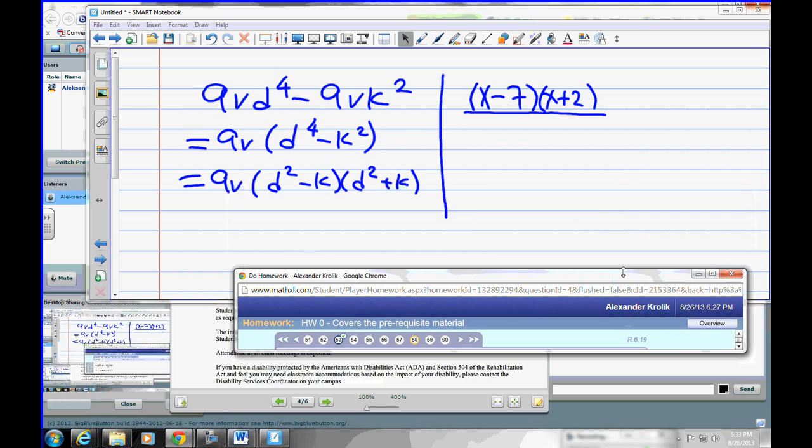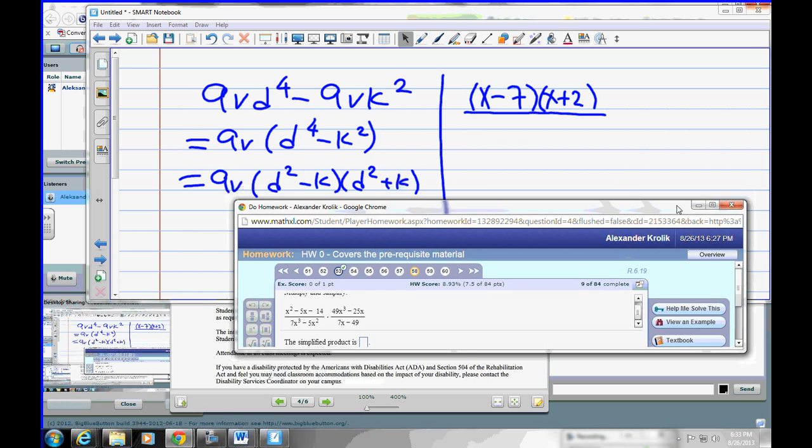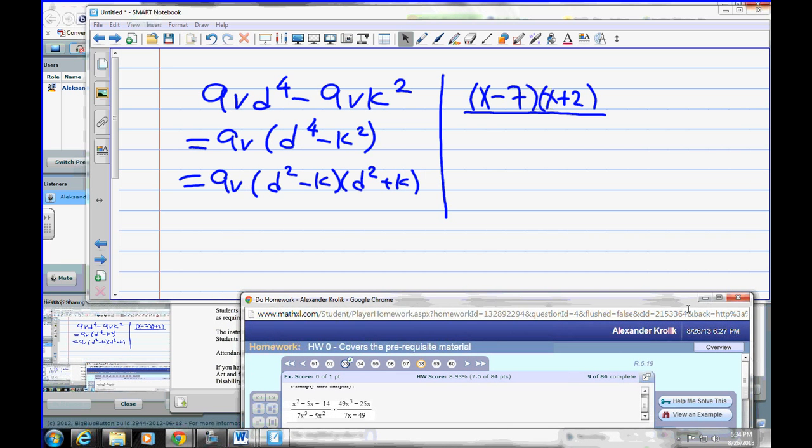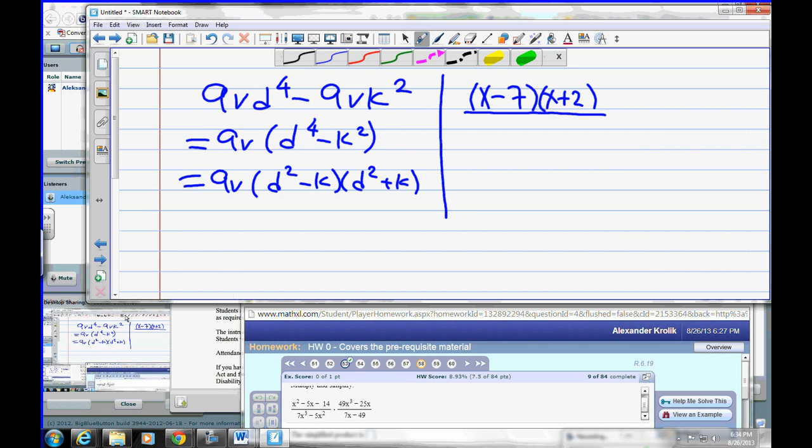What does it say? X cubed minus 5x squared. So the only thing I can pull out is what? X squared? Is that right? That's the common factor. X squared leaves us with 7x minus 5 times